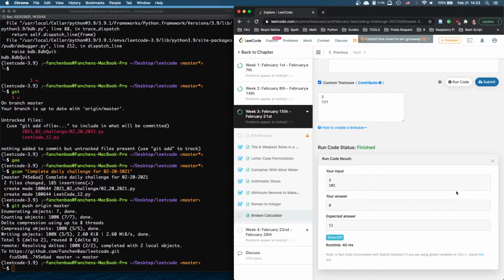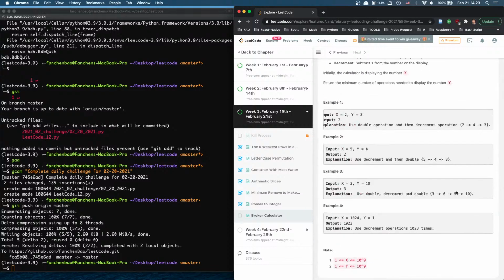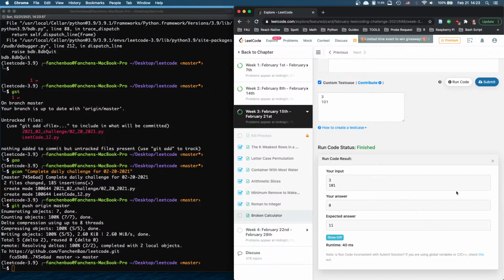So apparently, because we cannot do any other doubling, we double it twice, 6. It's not going to work. We double it again. Which means we probably need to, what if we change 3? So instead of starting from 3, we're going to start from 2, right? If we start from 2,